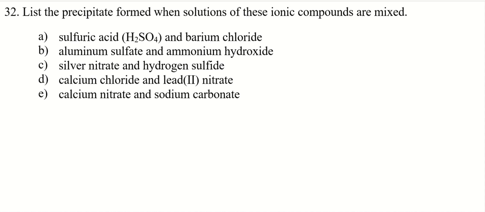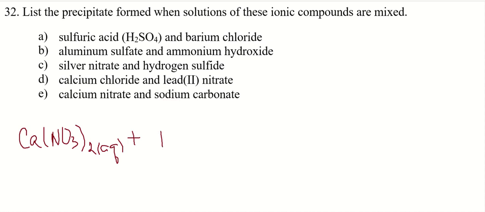Our last one, number 32, calcium nitrate. Let me write a little smaller this time. Calcium is a 2 positive charge. Nitrate is a 1 negative, so I'm going to need a parentheses there, 1 negative, and calcium being a group 2 metal is going to have a 2 positive charge. Let's crisscross that and indicate we have 2 nitrates in solution, and that's going to